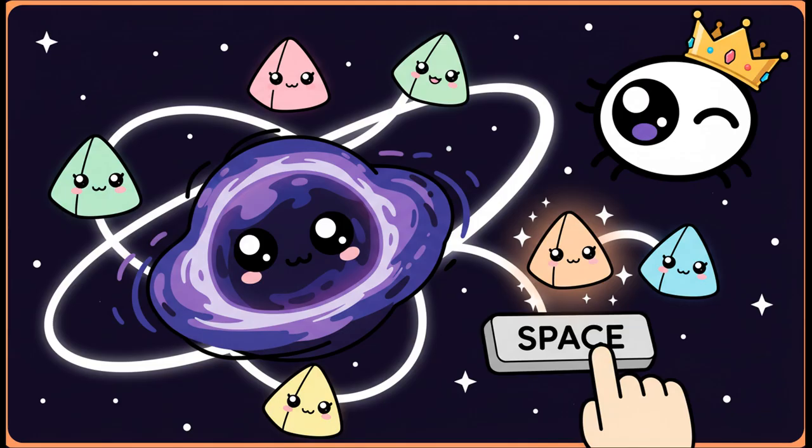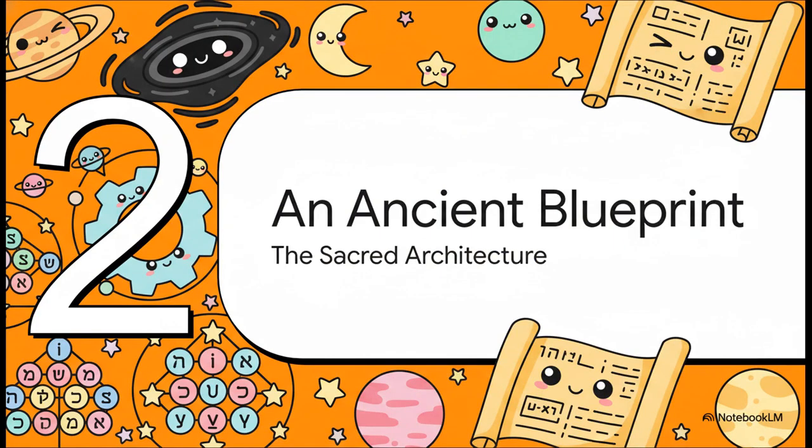Every single time you press the spacebar, you create a new TET, which the code fascinatingly calls a fact. You connect these facts together with what look like white lines, and you use them to build these complex structures that all orbit a massive black hole at the center. Pretty straightforward, right? Well, here is where things take a really fascinating turn.